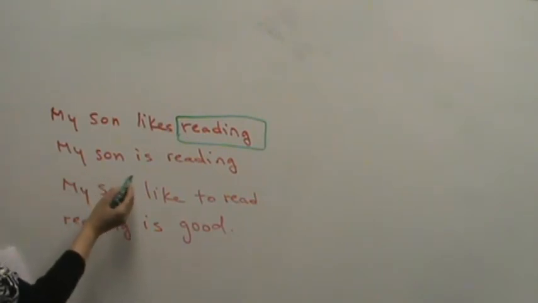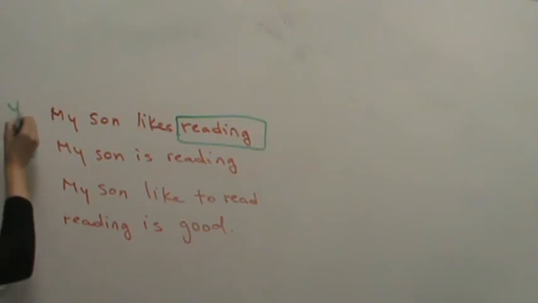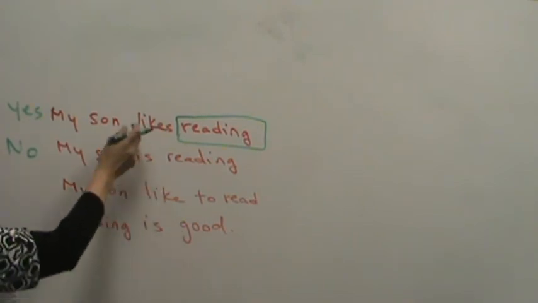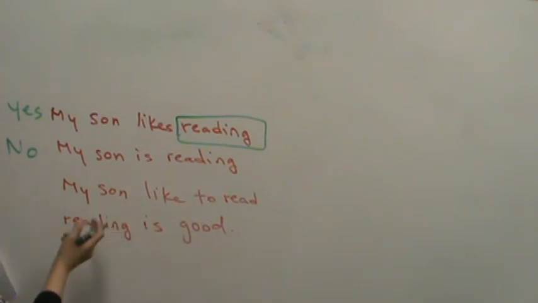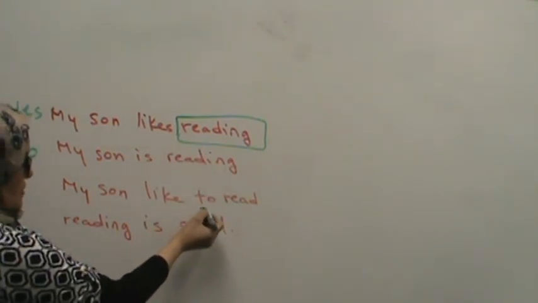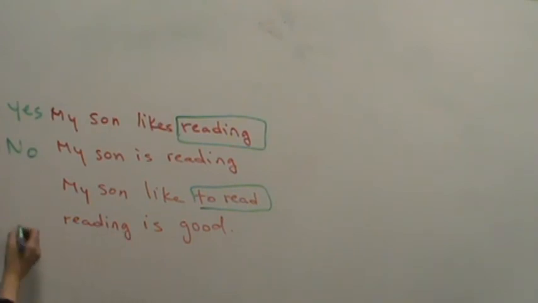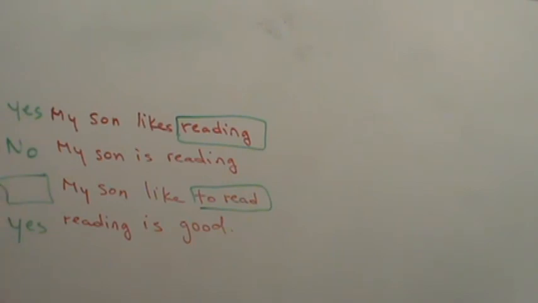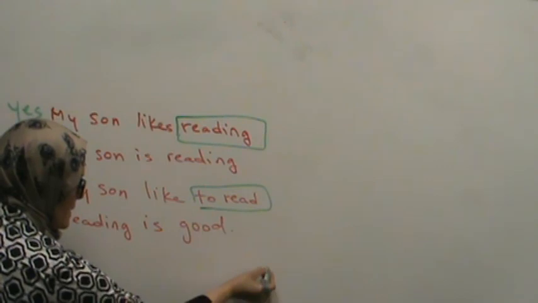My son is reading, no. So I'm going to mark yes, no. My son likes to read, of course, there is no masdar here because I change the masdar or the gerund to another verb, which is to read. Okay, and then reading is good. You can say yes. Here it's optional. The first one and the third one are almost the same. So here my son likes reading. I'm going to put 1 and 2 and 3 and 4. So 1, I am going to put 1. Ibni